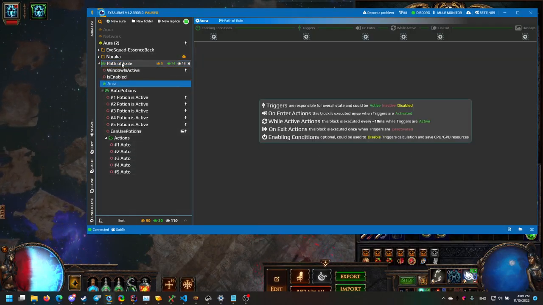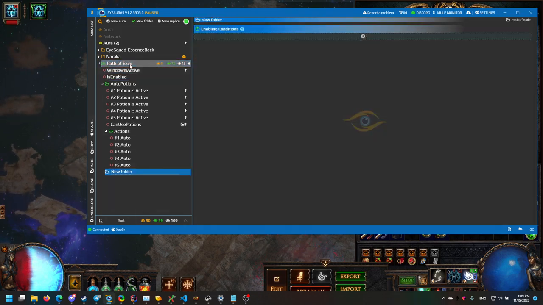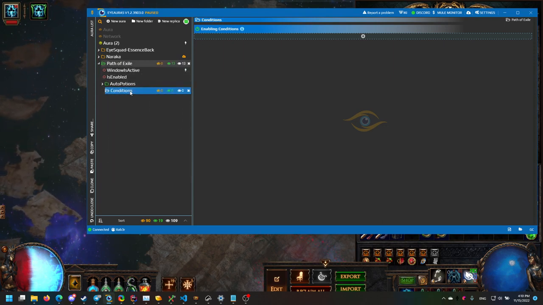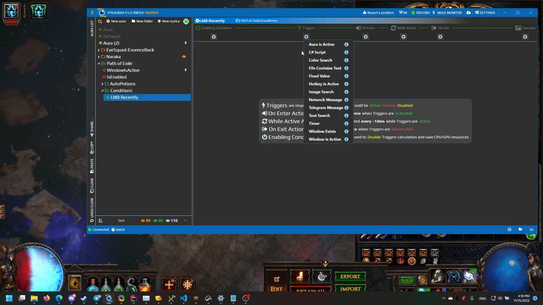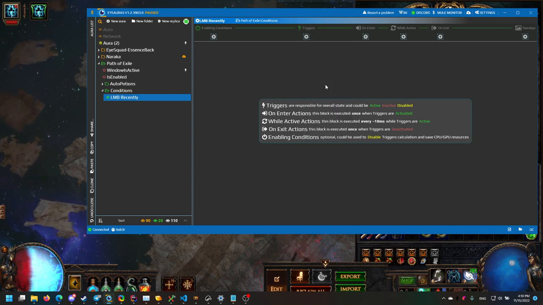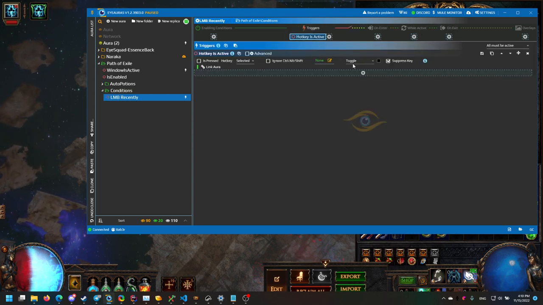And for the condition, let's add a separate folder called conditions. I created it, and our condition will be LMB recently. We will use the same notation that Path of Exile uses, and recently means that LMB was pressed in the last 3 seconds. And to track this, we'll have to add hotkeys active, and we will have to change